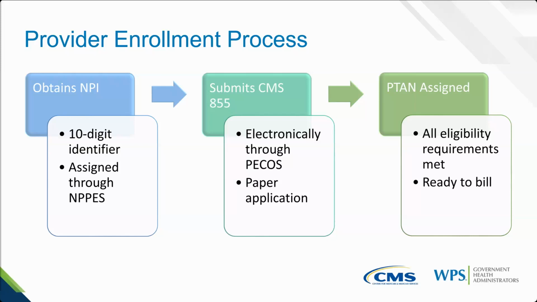Once that application is received, it does go through a process, and once it successfully completes that process, which we'll talk about here in a minute, it'll result in the assignment of a provider transaction access number, or PTAN number. Now that's going to be the number that is going to be attached to the provider's NPI that basically contains metadata. It contains specialty information, practice location information. If the provider is reassigning benefits, it will provide enrollment information for that employer so that claims are paid appropriately and payments are sent to the correct place.